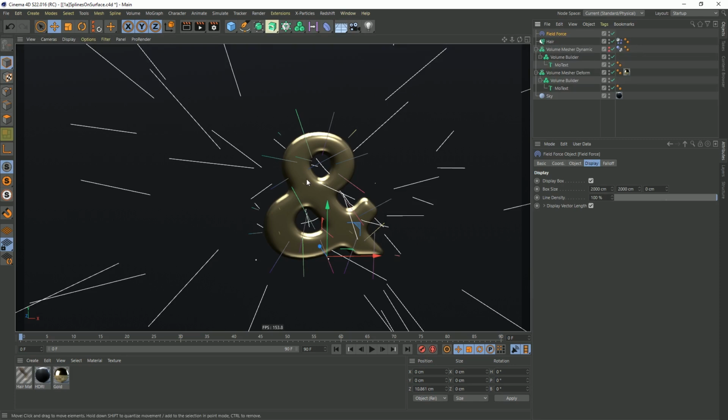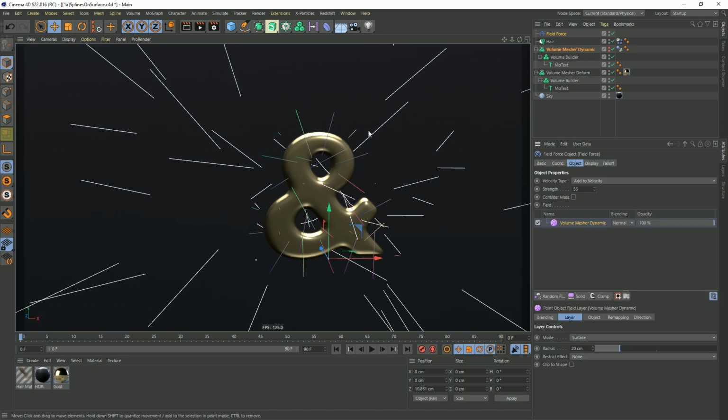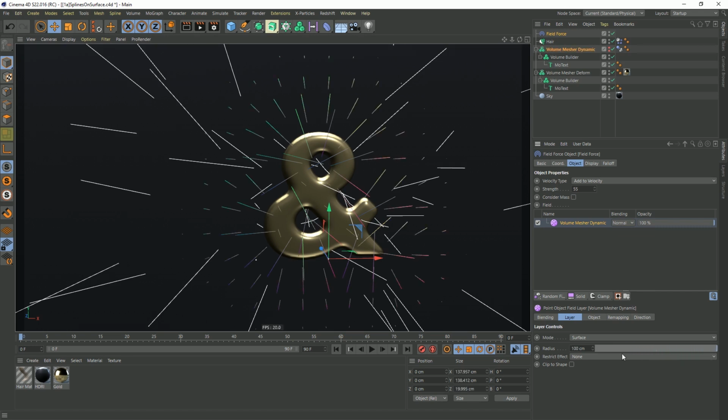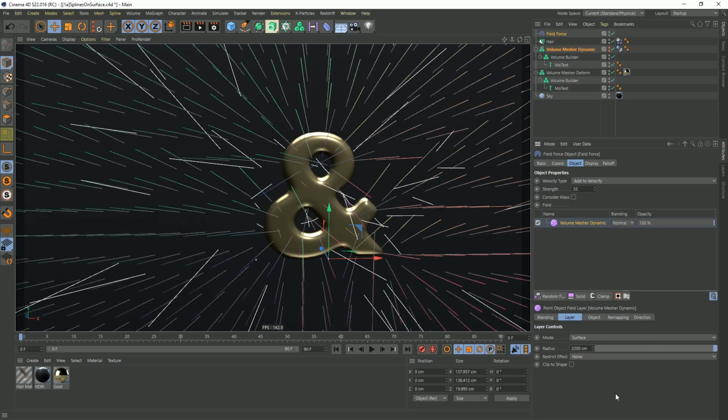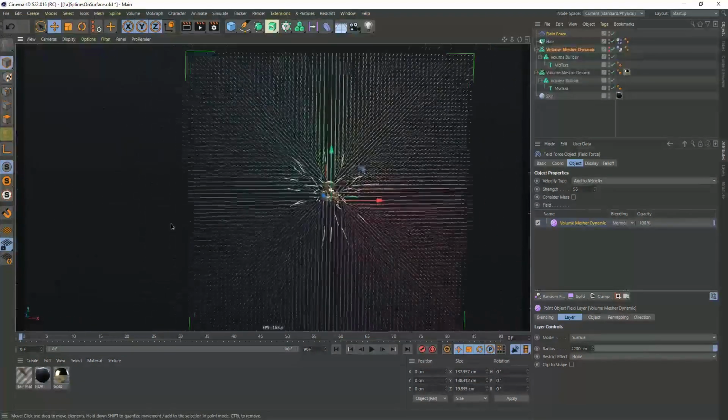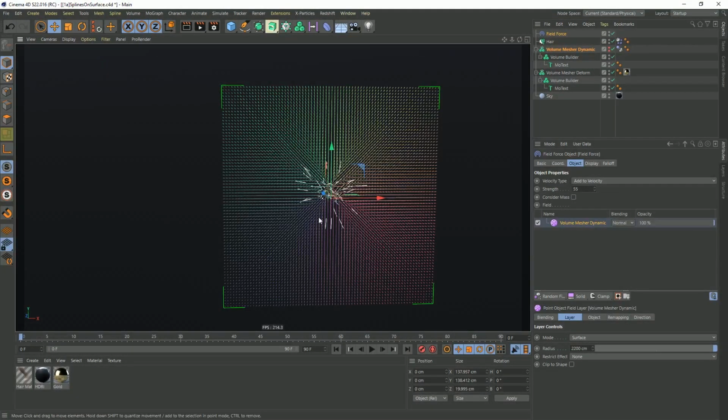What this is saying is there are forces that are, I think, pushing away from the individual polygons, but they're not pushing out very far away. You see the fall off on this is quite small. So inside the field force, if you have your dynamic mesher inside of it, you can see that the surface has a radius. If we start increasing that radius, you can see the effect will start going further and further and further out. I want this to be so big that it's always going to catch everything. So I'm going to jump it up to something like 2000. It's really big now. You can see it zooms way out and it's having an effect all the way out to this distance,